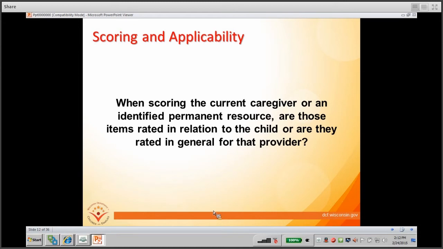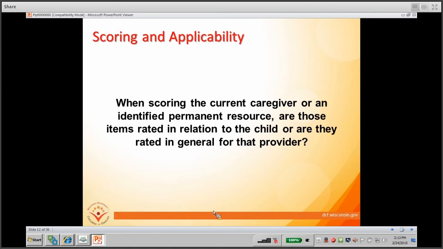When scoring the current caregiver or identified permanent resource, are those items rated in relation to the child, or are they rated in general for that provider? The CANS in general is scored for a specific child, so any items that you rate are in relation to that specific child.